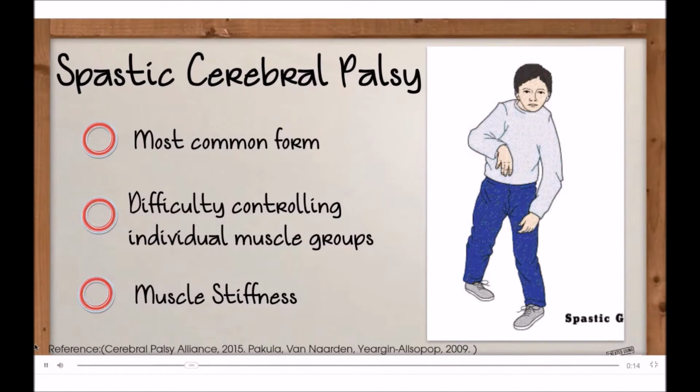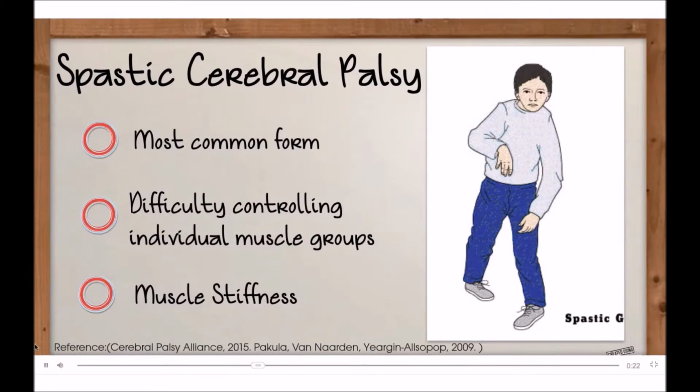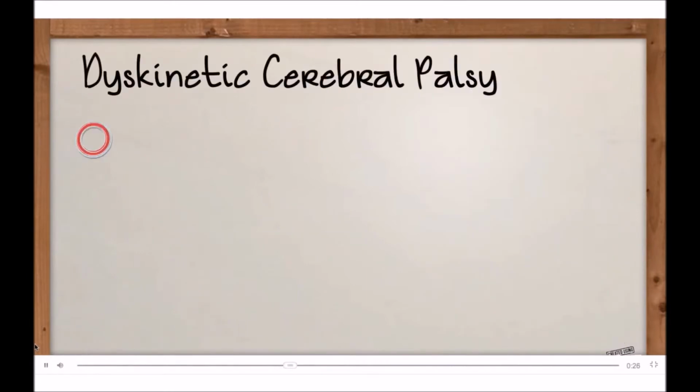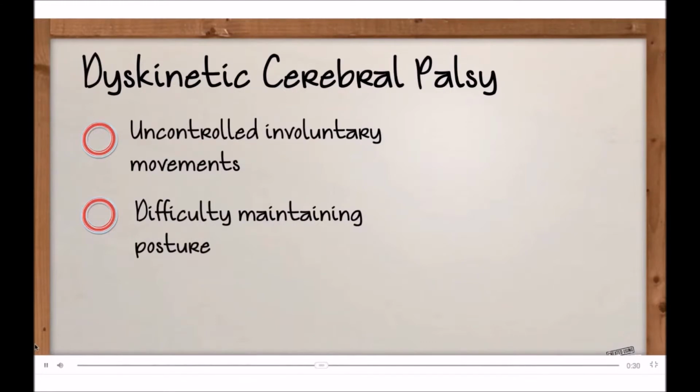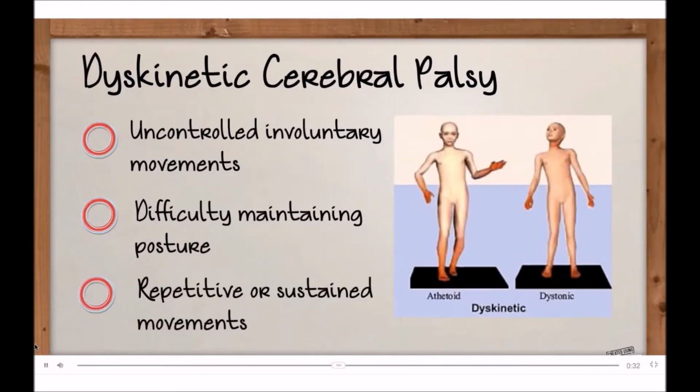Movements are quick and rigid, making it difficult to control. This can make it a challenge to perform daily tasks, which require coordination of muscles, such as handling objects, moving, and even speaking. Dyskinetic cerebral palsy involves involuntary slow or jerky movements of the hands, arms, or legs. This can make it a challenge to perform daily tasks such as sitting or walking, or coordinating the muscles of